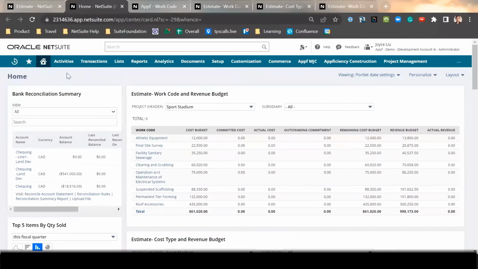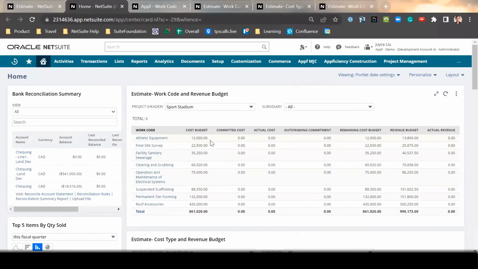So here I am actually on the dashboard of NetSuite. The dashboard is when you first log into NetSuite, and this is the view you're going to immediately see. And it's really handy to have this report on the dashboard, because when you first log into NetSuite, you can immediately see your job cost accounting and revenue. So on this report, you can see that there are different types of cost, and there are different types of revenue, and the cost and revenue are broken down based on the work code / work type. For example,